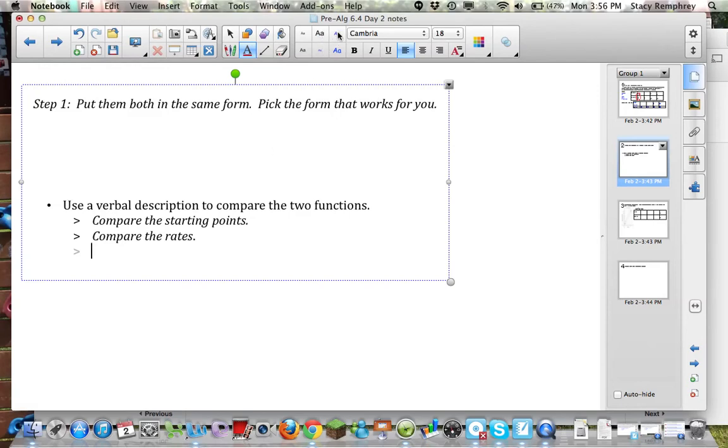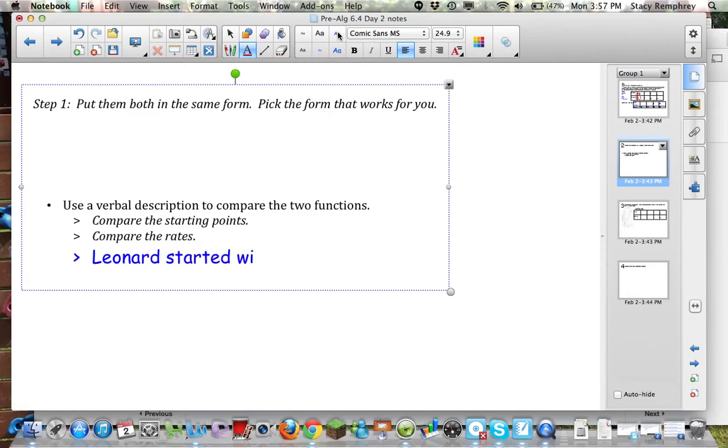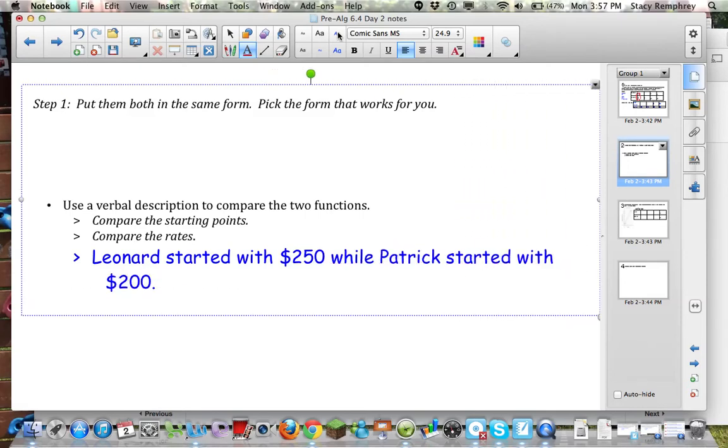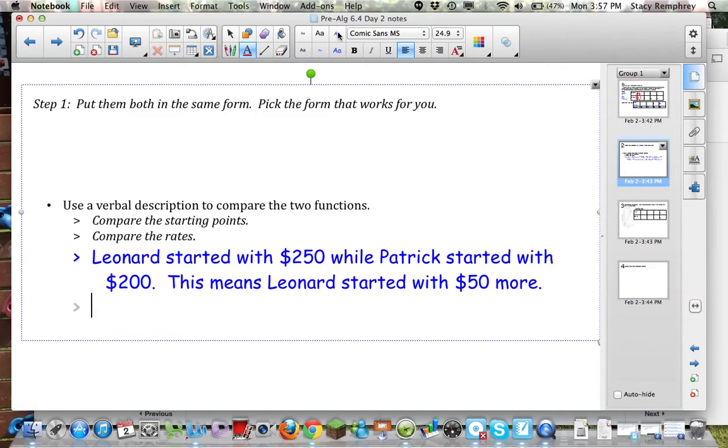Leonard started with $250 while Patrick started with $200. This means Leonard started $50 more. Okay, next I'm going to look at the rates, and I talked about that on the